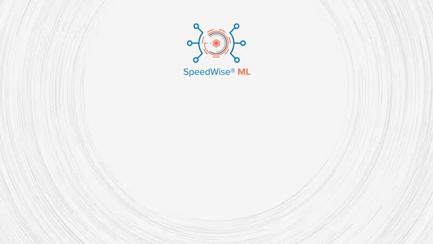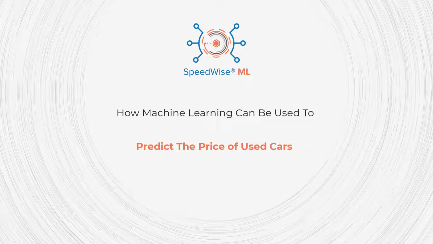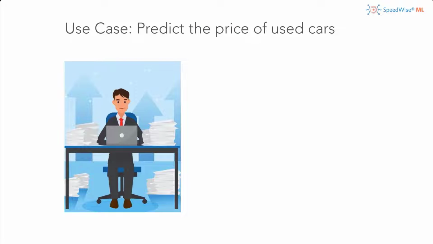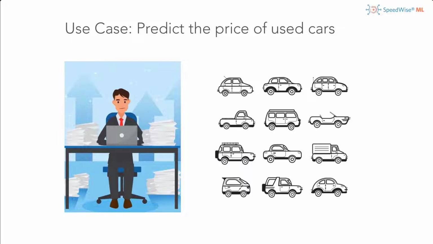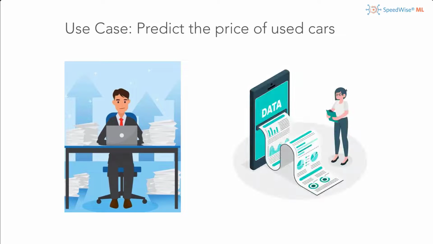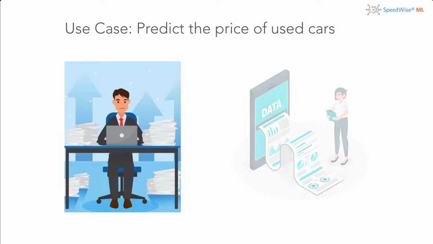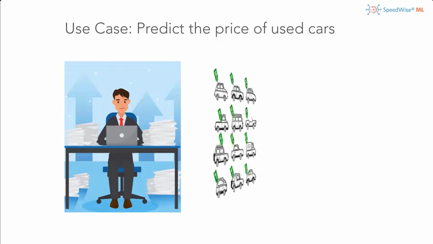Hello everyone. In today's example we will go over an example of how machine learning can be used to predict the price of used cars. Let's look at a scenario. The inventory manager has historic sales of how much used cars were previously sold for. He would like to train a machine learning model using his data. The machine learning model will help the inventory manager predict how much a new lot of used cars can possibly